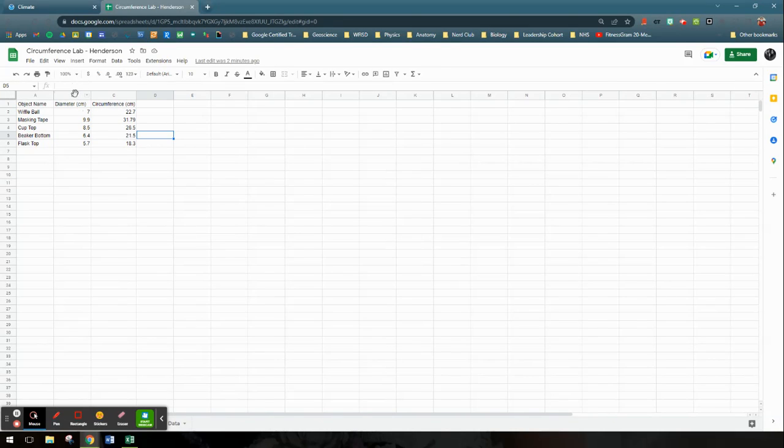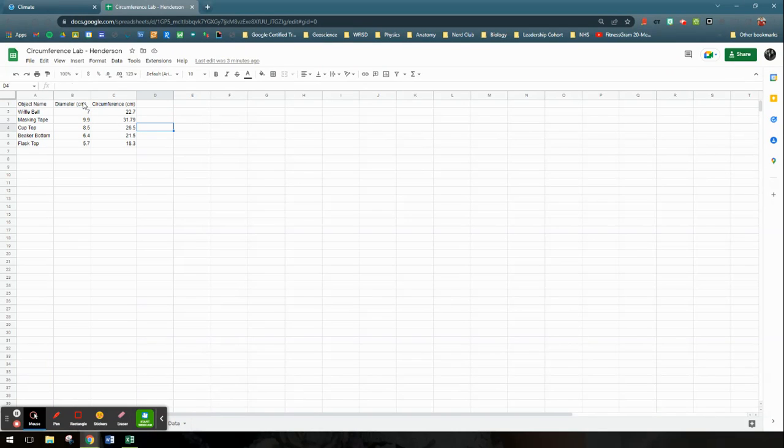Alternatively, you can click on a column to select the entire column. So you can see when I click on B there, it selects everything in column B. And if I click on column C, it will select that column. But if I want to select both columns, I can press and hold Control on my keyboard, and then click on C, and you can see that it will select both of those. Alternatively, I could just click and hold my mouse and move over, and then I could select both of the